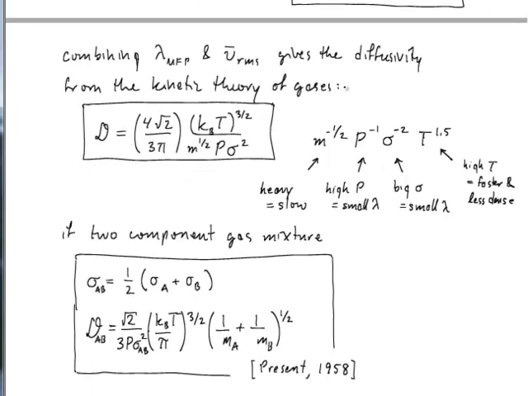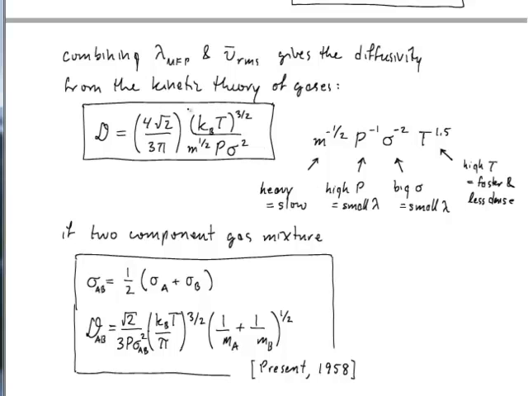When you combine these two things, you can see in gory detail how the diffusivity from the kinetic theory of gases depends on temperature, on the size of the molecules, on the pressure, and on the molecular weights of those molecules, right? So you have predictions now that come from the kinetic theory of gases. They're not bad, actually. So the T to the 3/2 is pretty close to being correct. M to the 1/2, N to the -1/2 is correct. P to the -1 is correct. And sigma to the -2 is correct. Okay, so kinetic theory of gases, this very simple framework, does a pretty good job.